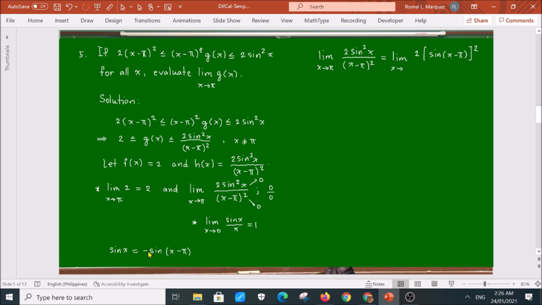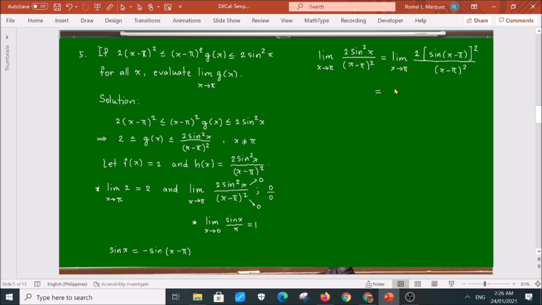The negative is not necessary anymore since it is being squared. All over (x minus pi) quantity squared. And this is equal to